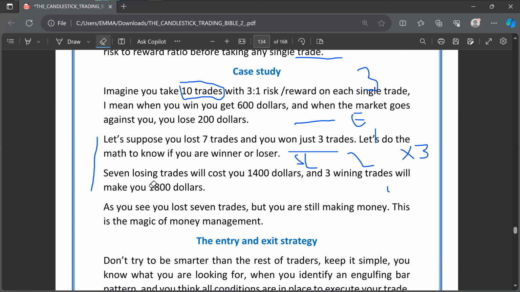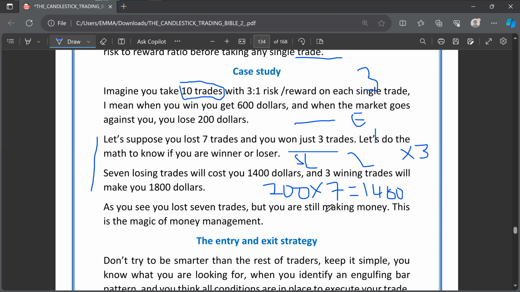7 losing trades will cost you $1,400. If you do the calculation, 1 losing trade amounts to 200. So if you lost 7, you just multiply that amount by this figure, which gives 1,400 in terms of losing trades. And when you are winning, 3 winning trades will make you